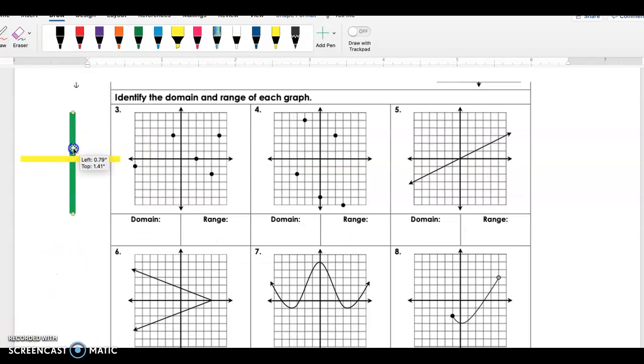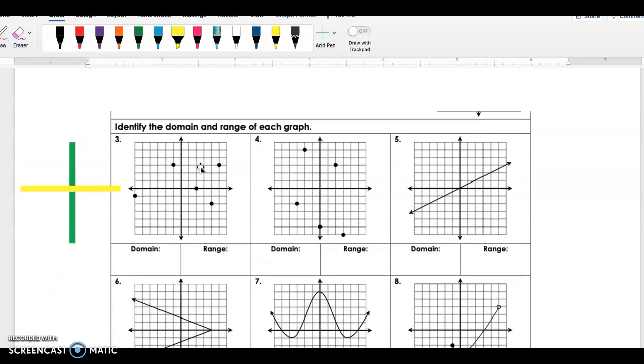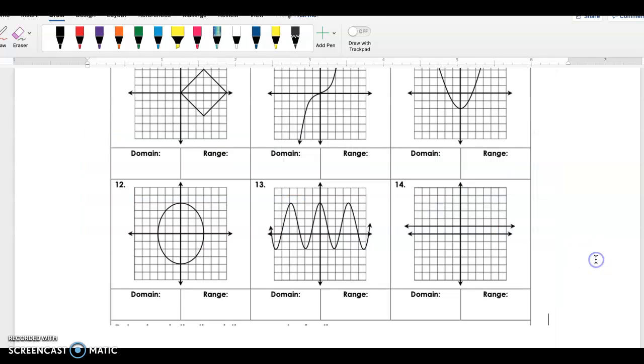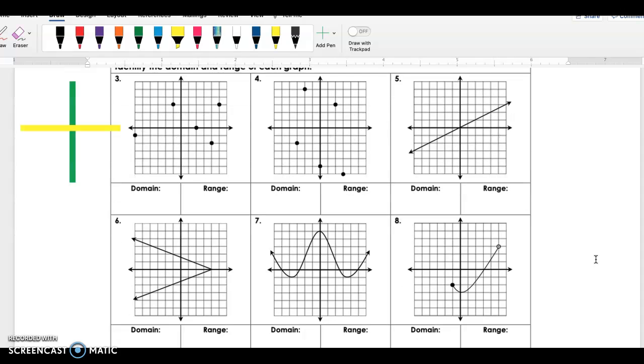Okay, so now we're down here at this number 3. It's towards the bottom of your page because I kept cutting and pasting things. So this one looks much different, right? Look at these other graphs, for 5, 6, 7, 8. They're what we call continuous graphs, meaning we can ride along them and they don't interrupt. Whereas number 3, what is this? This is just dot, dot, dot, dot, dot. This is very strange. So a lot of times you will see teachers write this type of solution, since it's not continuous,